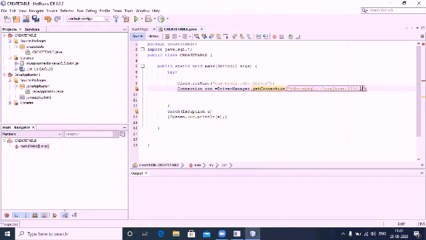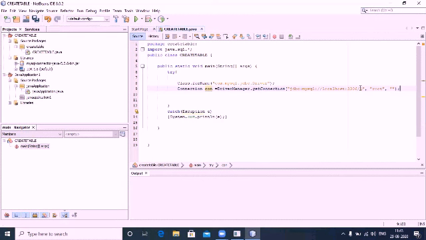Then after, we should write the username and the password. For that we will write root as the user ID, and for the password only double quotes we have to mention, open and close.